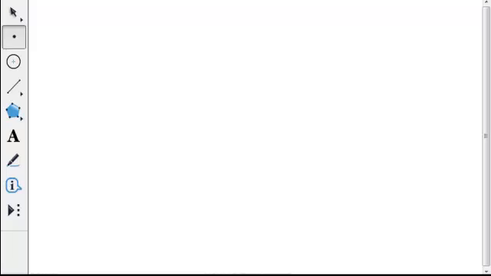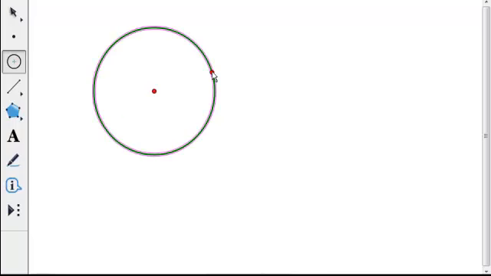Okay, so to create a semicircle, it's not an intuitive thing, so I do want to go through it with you. All right, to start with, a semicircle is half of a circle. So we're going to go to the compass tool, and we're just going to create a circle here. Okay, once you create your circle, we need to figure out a semicircle